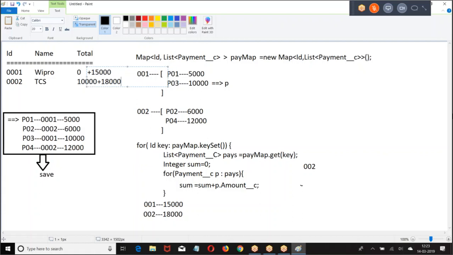Did you get my point? Whatever the final grand value we got, update this data to the corresponding account. This is my requirement. This is the concept of roll-up summary. When new child records are added, their amounts are summed up and the final sum is added to the parent. Did you get my point? I hope you got my point.